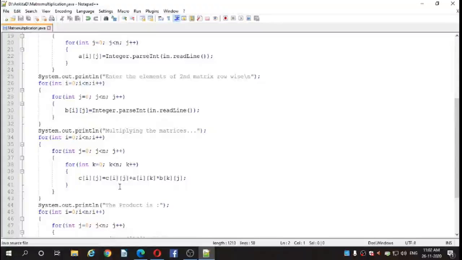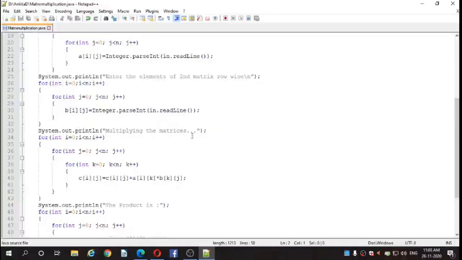C of ij equal to C of ij plus A of i k into B of k j, that is column of the first matrix and row of the second matrix.